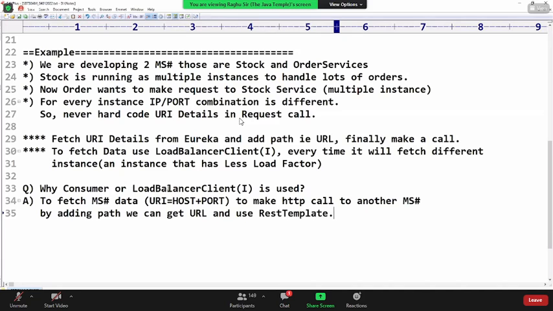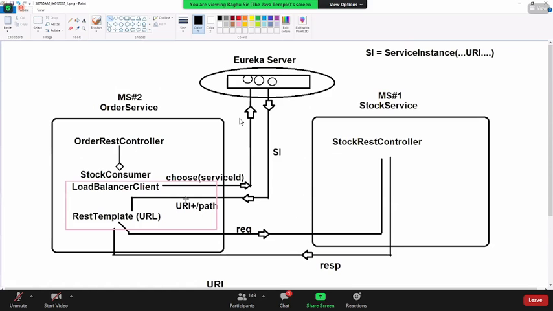So what is the load balancer client's purpose? Does it make any call to the stock rest controller? No, no. It is just to get the data from the Eureka server. Call the method choose. It will return a ServiceInstance.